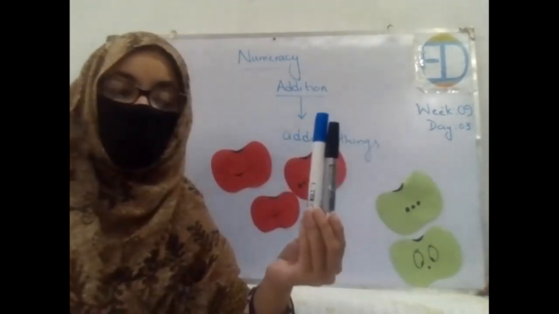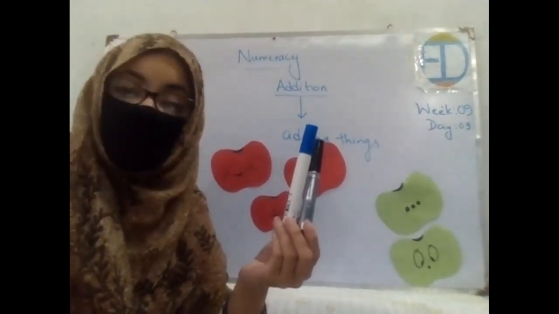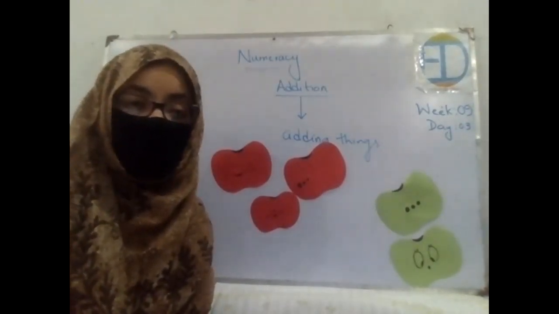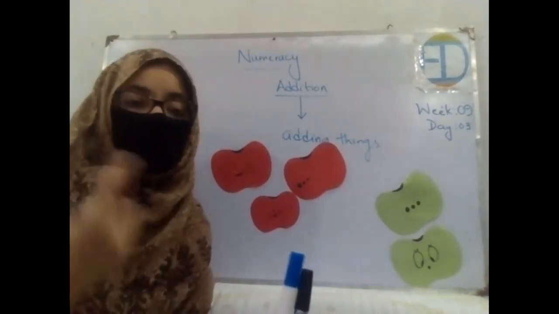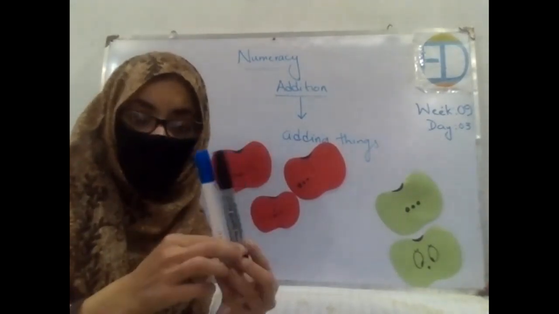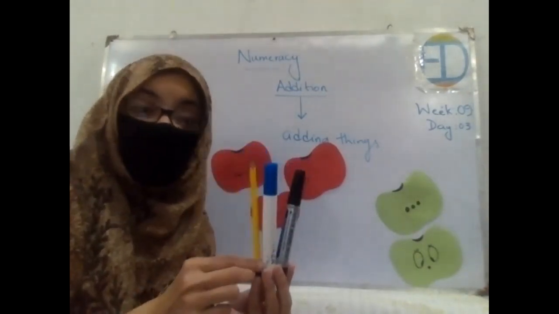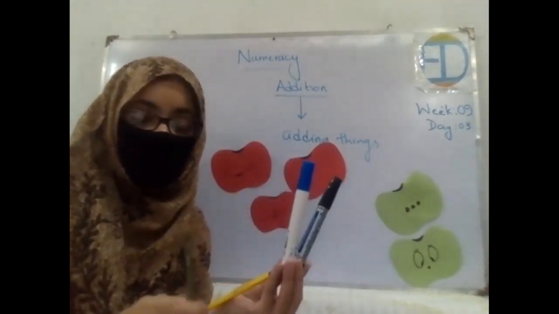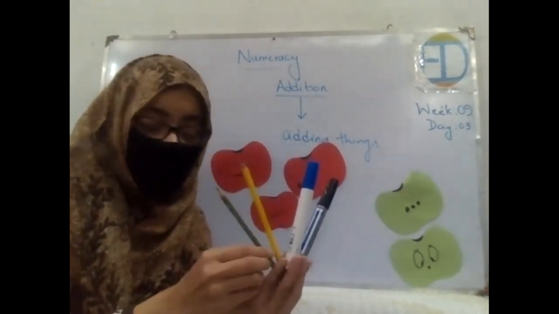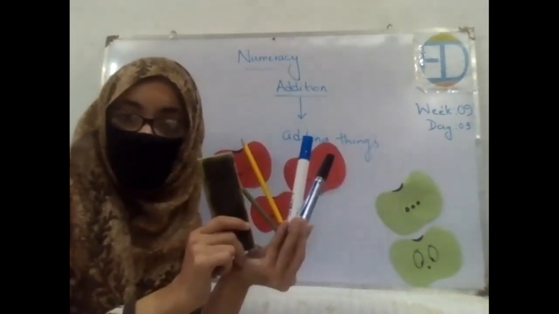So in this way, we will carry on with addition. Are you getting my point? Yes or no? Great. So in this way, we will be following the same procedure and we will keep on adding more things to it, right? You can add similar things, you can add different things as well. Let's say I had previously only one marker, I added one more to it. Now I have two things. If I add one pencil to it, now I have three things, right? Then 3 plus 1, now I have four things, right? Now let's say if I add one more, a duster, to it, now I have five things.